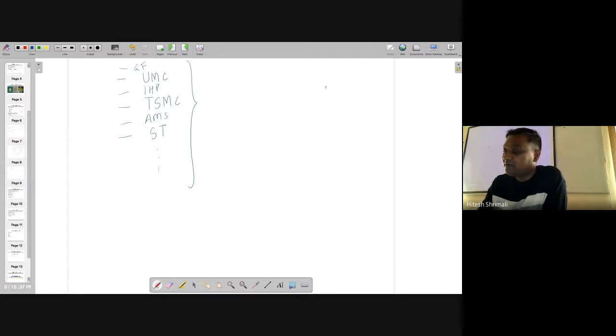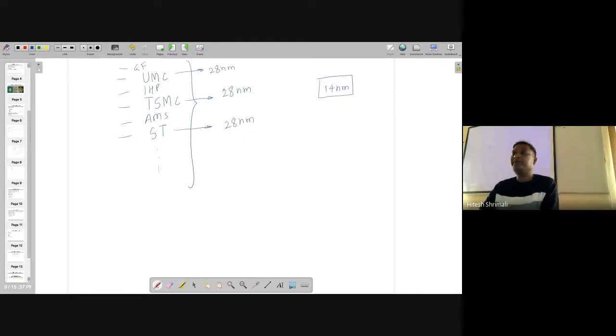So all of them are working. Let's say they have their own foundry and they are making their own transistor, 14 nanometer, right? Let's assume that we are going to have the technology over here. So we have TSMC 28 nanometer as well as ST's 28 nanometer and UMC's 28 nanometer. Look, all have different models.